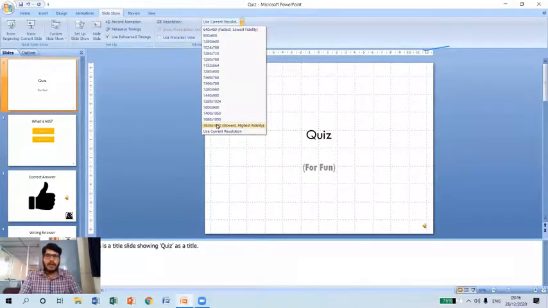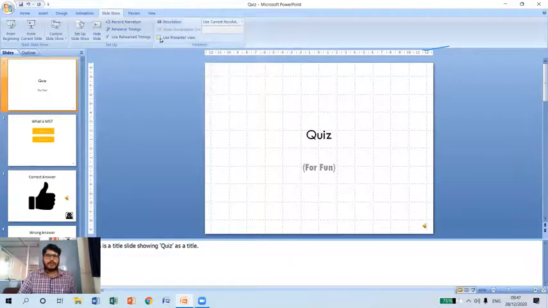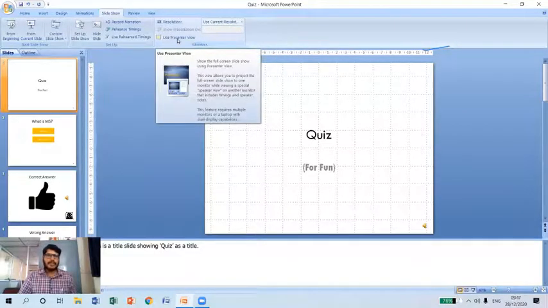Depending upon our monitor resolution, we can set different kinds of resolution. Microsoft Office will automatically consider which resolution is suitable for my presentation, and based on that it will set the resolution. But if I want to change the resolution, we can select these various resolutions which are available here. And also we can use the presenter view.